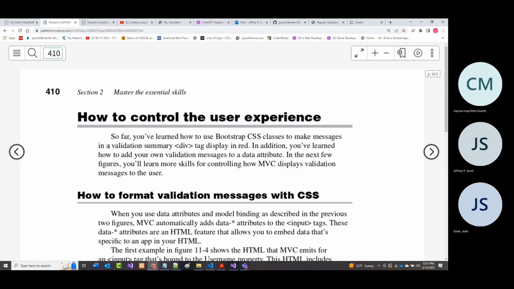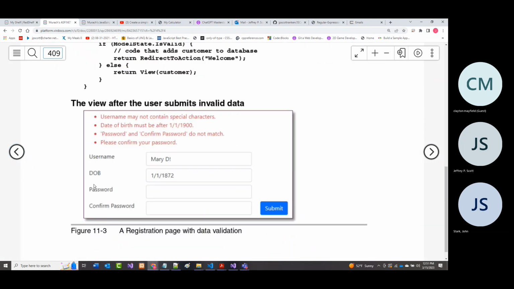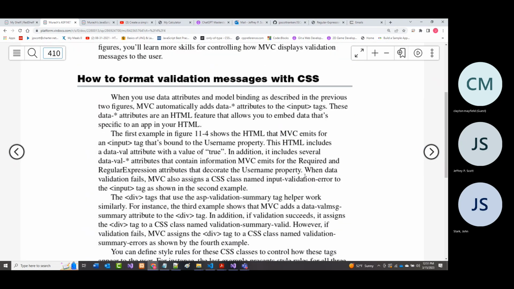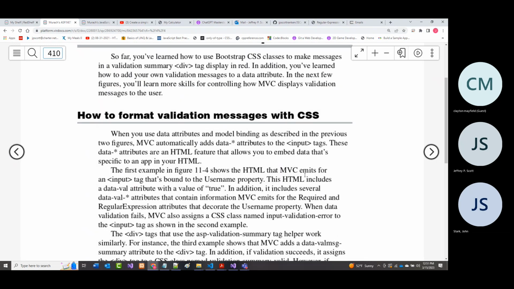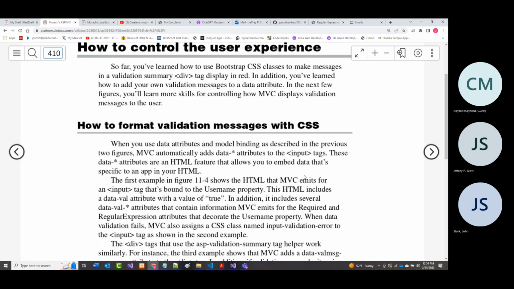Now, I believe it displays in red like they showed it here, but it's not bolded. But you could go in and add strong tags or add it in your CSS file to do that if you want to. The bottom line, though, is this. You want to make it as easy as possible for the user to enter information. And I'd really extend it to say, instead, you want to make it as hard as possible for the user to screw up. But if they do screw up, because people will, you don't want to berate them for it.